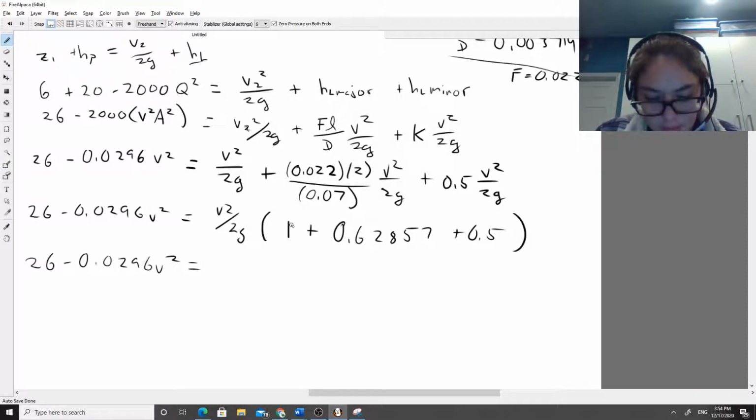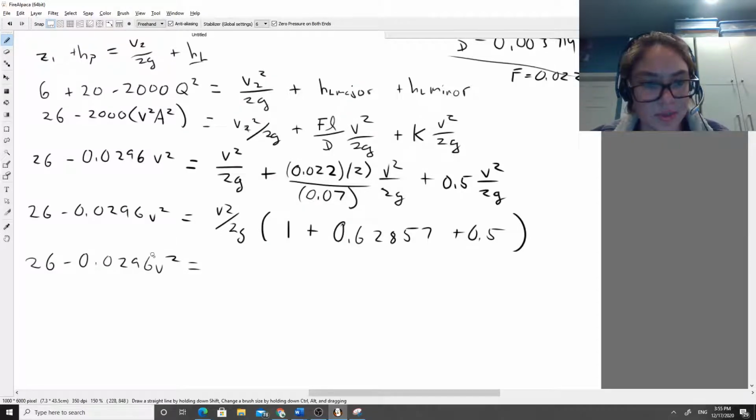I'm going to say plus that guy. I'm going to add those 3 numbers together, which is going to be equal to 2.1285, and divide by 2, and divide by our gravitational constant, which is 9.81. And that's going to be equal to 0.1084899, we'll say,